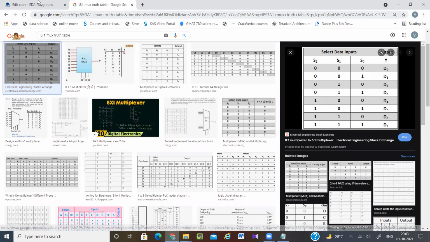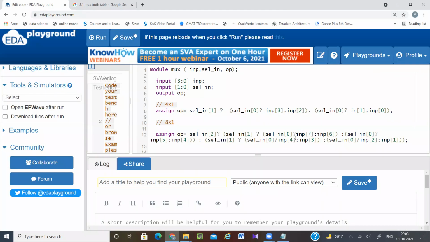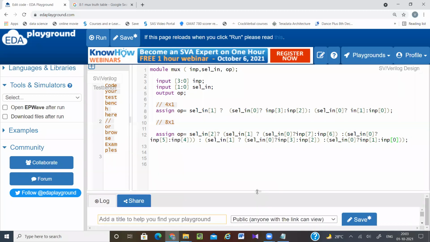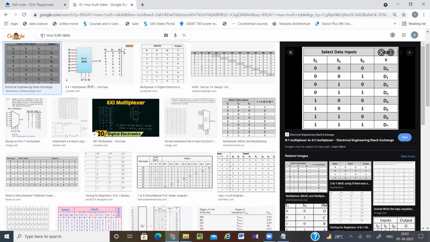It will be 3, 2, 1, 0. Sorry. And next 0. So now same I will do for 16x1 mux.